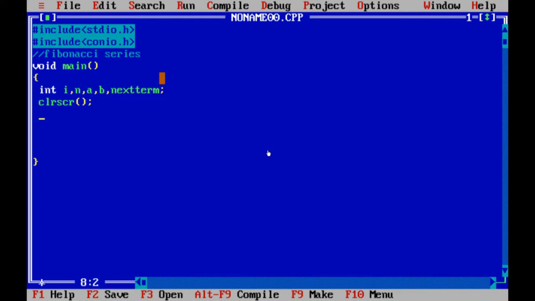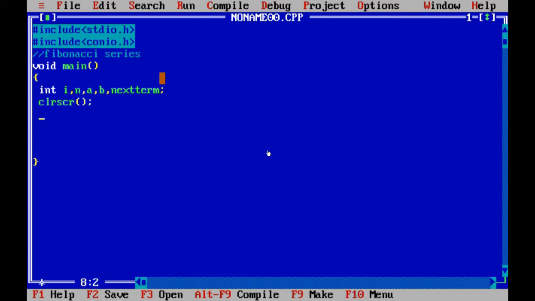One is up to a number, that means you want to see your series up to a number, for example 100. The other is the number of terms, that is, if you want your Fibonacci series to contain 10 terms or 20 terms or 30 terms. So we are going to focus on the first type, the number of terms.